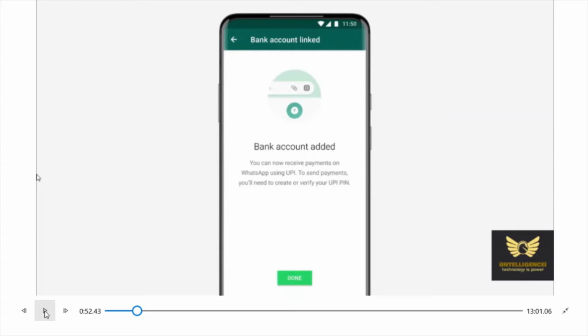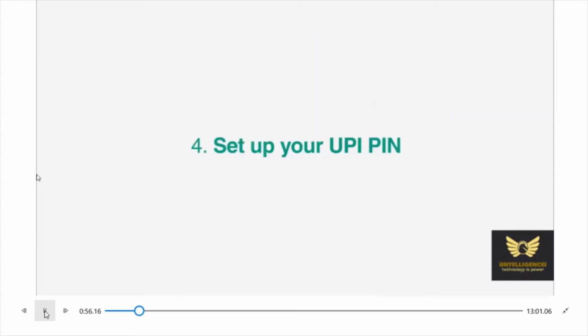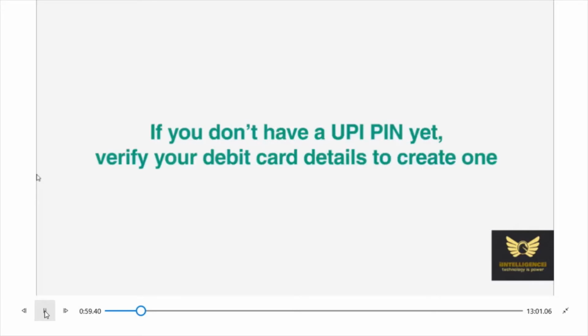Now click done. The fourth step is to set up your UPI pin for secure payment. If you don't have a UPI pin yet, you have to verify your debit card details to create one.